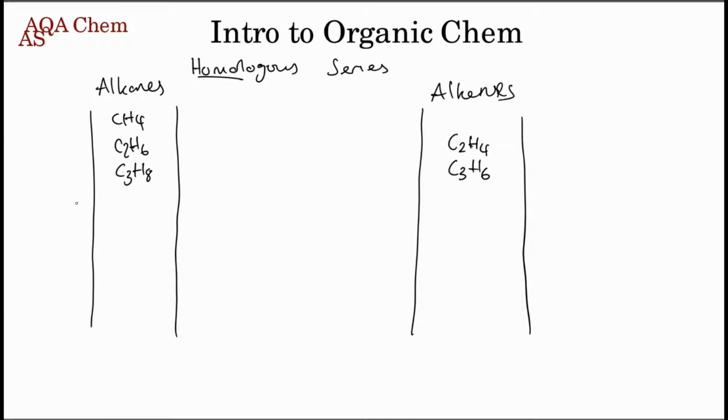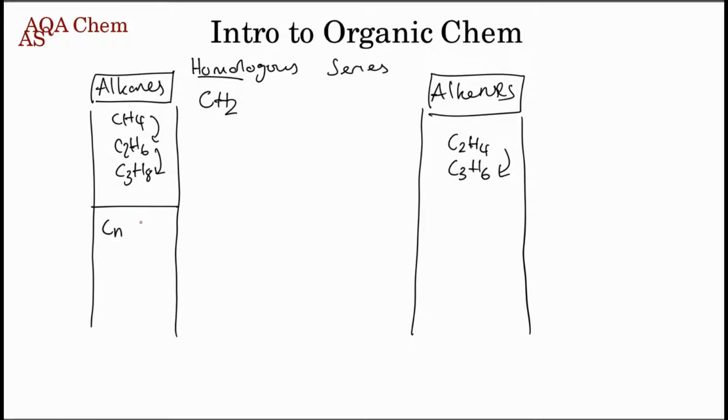Homo for the same, as in same sex homo, but this time it means same group, the alkanes or the alkenes. And with these, because they're the same group, and as you may notice, they differ by CH2 each time. See the CH2 difference there, CH2 difference there, same with here. You can write a general formula for them. For the alkanes, it is CnH, for every n number of carbons, there are 2n plus 2 hydrogens. For the alkenes, it's CnH2n, slightly easier.